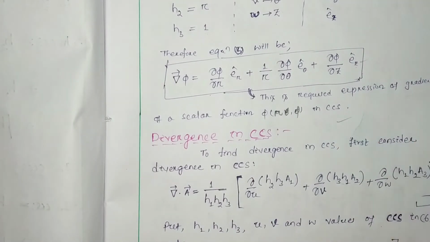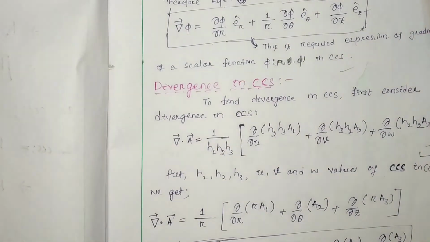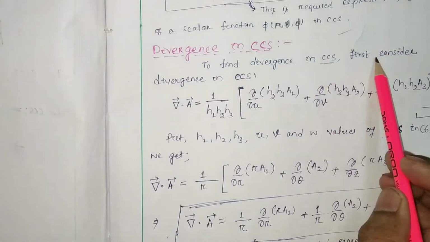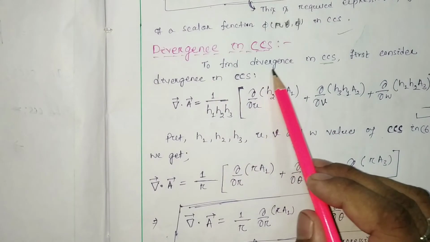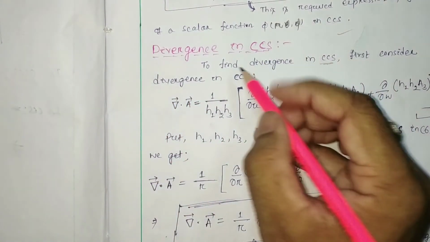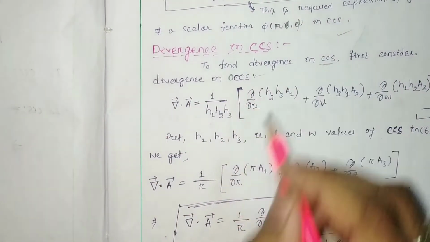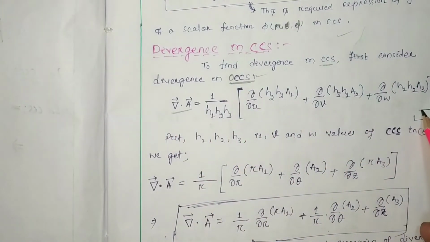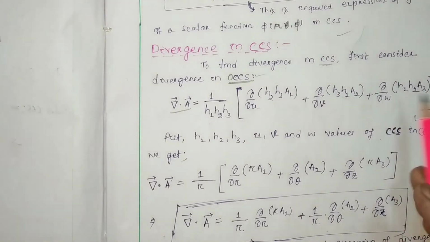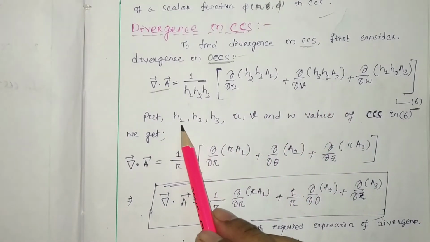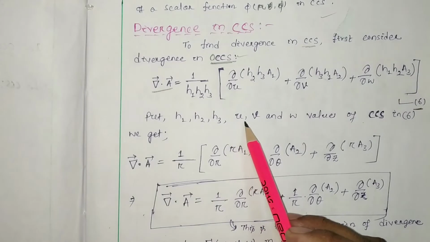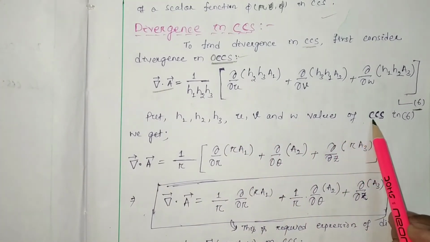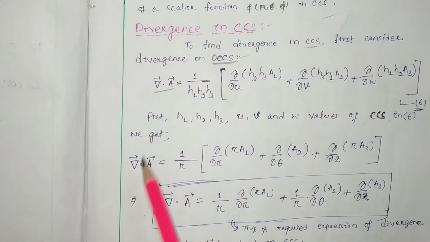Now we are going to go for the divergence in CCS. To find the divergence in CCS, first consider the divergence in OCCS, the orthogonal curvilinear coordinate system. In an orthogonal curvilinear coordinate system, the divergence of a vector field is nothing but this one. Let this be equation number 6, that we know, and here we have to substitute the values of h1, h2, h3 that we have found, and u, v, w, that means r, theta, z values of CCS, in equation number 6. We can get del dot A will be equal to,